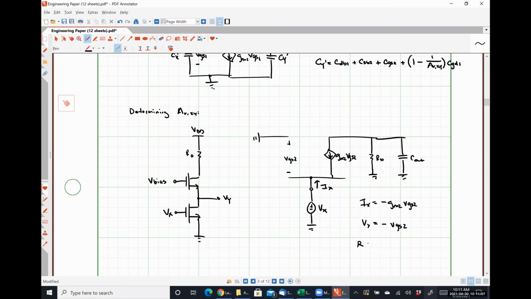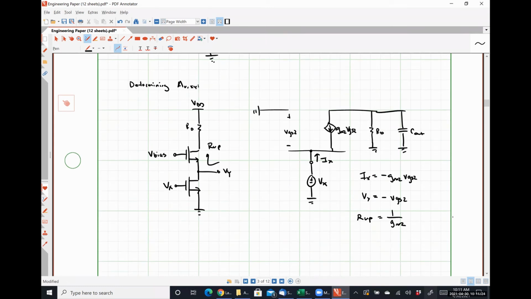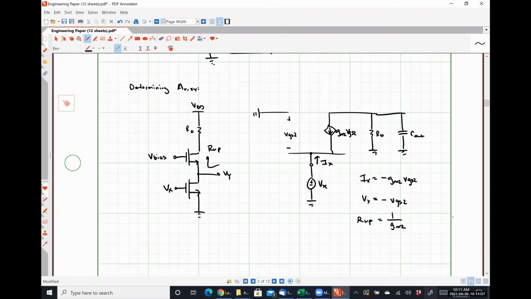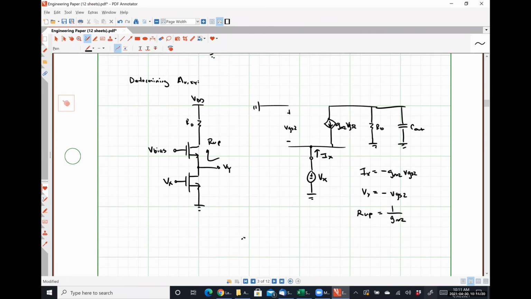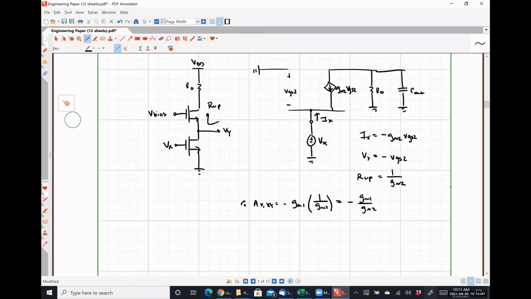Which means our resistance looking up from node Y, so I'm just going to call this guy R up, is simply 1 over GM2. All right. From that, our voltage gain AVXY is negative GM1 times 1 over GM2 is just negative GM1 over GM2, which gives us